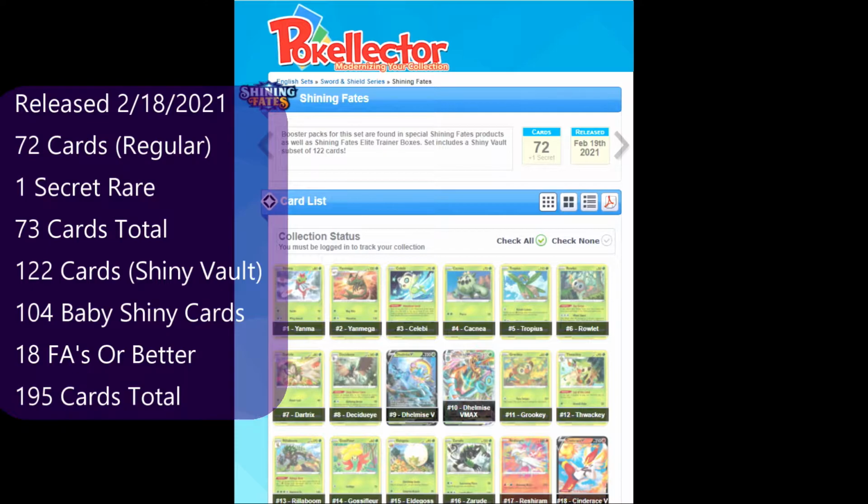122 brand new shiny Pokemon cards, which was a significant increase over Hidden Fates' 94 cards. So, at first, it seemed pretty impressive. The sheer number being 28 cards greater meant that there was a lot more shiny cardboard to release. And that meant a lot more shiny cardboard to pull and collect,